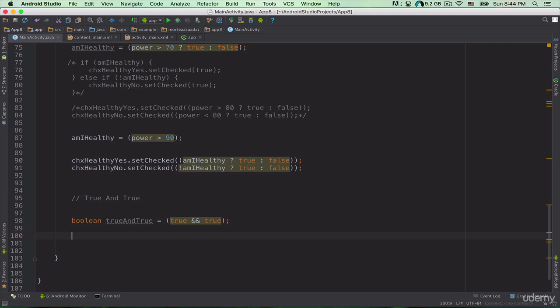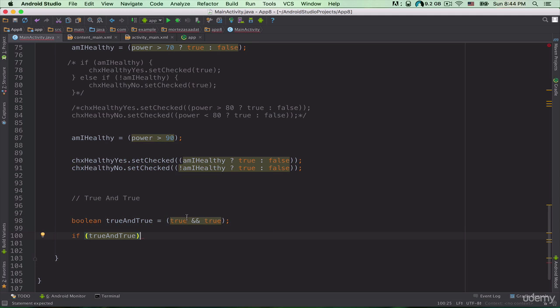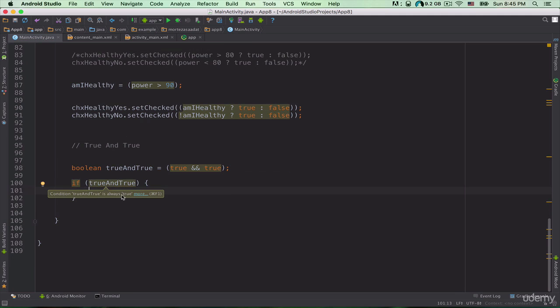Now let's actually create an if statement here. So if, and then inside the parentheses I need to specify the condition, so trueAndTrue. As you can see here, I specified that if the value of this trueAndTrue variable is true, so if the result of this expression is true, then that true value is going to be assigned to this variable. That's the meaning of this if statement here. If the value of this trueAndTrue variable is true,